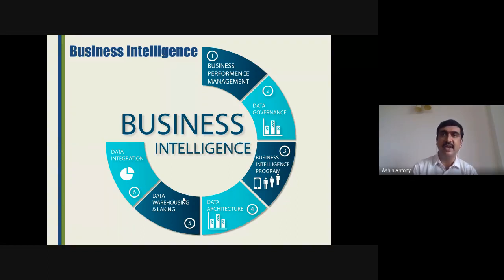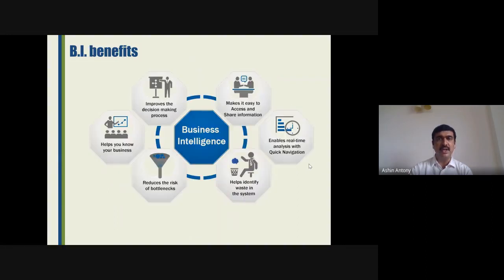Like the great saying goes, information is wealth, right? So you should always remember that business intelligence is something that takes you to building great systems and utilizing data to your strength. It, of course, improves your decision-making processes. It makes it easy to access and share information. There are,